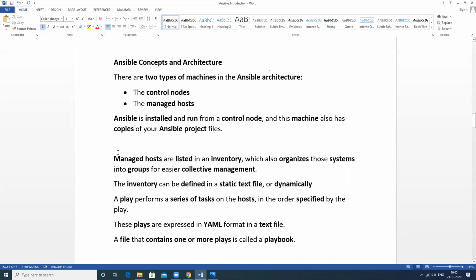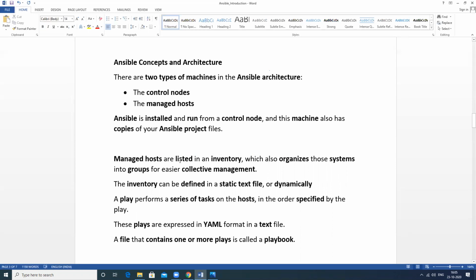So we require an inventory file. In the inventory file, all the managed hosts are listed so Ansible can understand for which PC we should create the user, we should install the web server, so on which machines the task will be performed is understood from the inventory file.